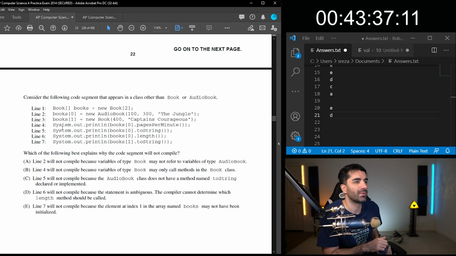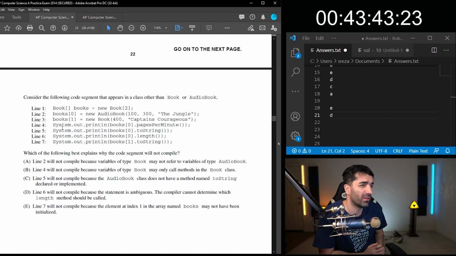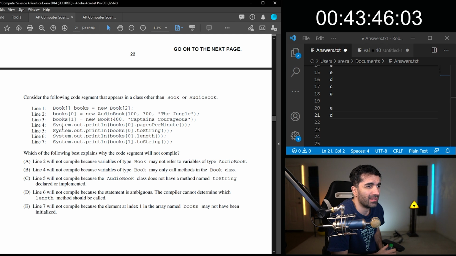Consider the following code segment that appears in a class other than book or audiobook. Which of the following best explains why the code segments will not compile?